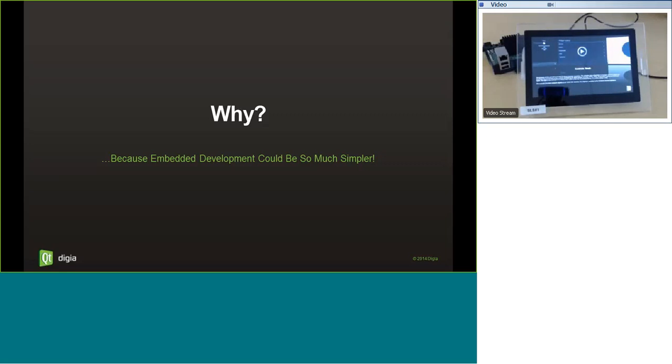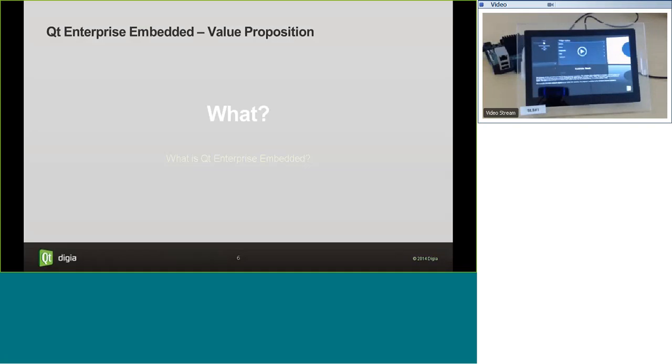That you're not so locked into embedded obstacles when creating software. Okay, so what we're talking about is Qt Enterprise Embedded. What is Qt Enterprise Embedded? Let's start with our value proposition: what are the problems we try to tackle, and what is the value you get with Qt Enterprise